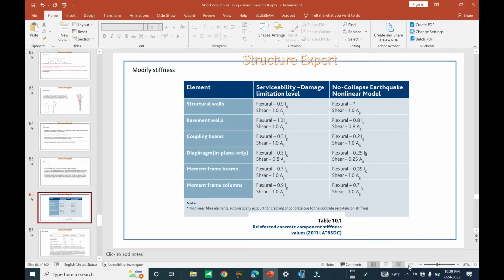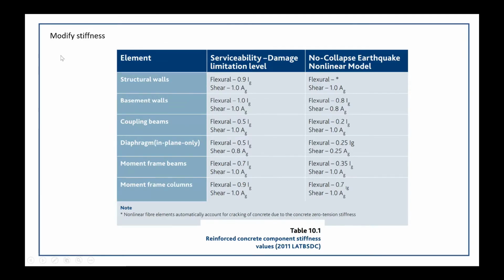From the previous tutorial we discussed the modified stiffness, and now let's continue with more detail about it. The modified stiffness is specific to earthquake but not specific to wind load, so we also use this value for wind load. For the modified stiffness,